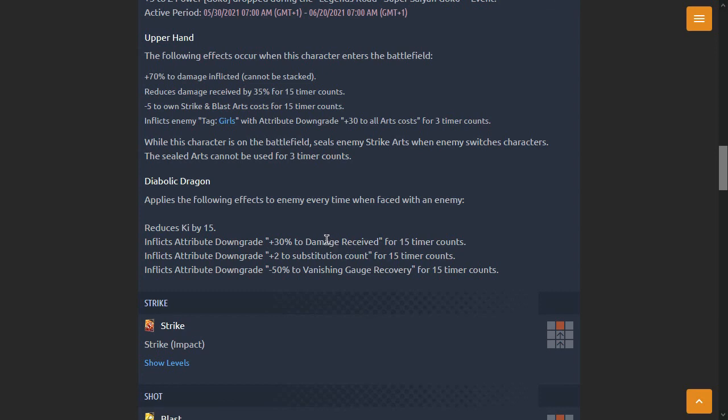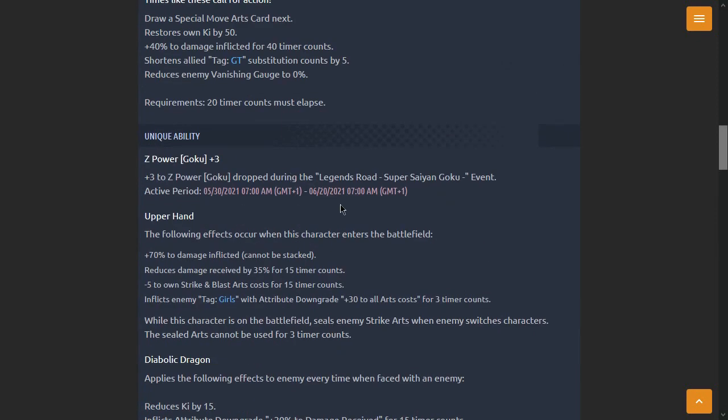Honestly, we're going to do so much damage to them. +2 to sub count, meaning that it's sort of like a lock-in ability, so they're locked in for 2 timer counts. And then 50% to vanishing gauge means that it's literally going to be hard for them to get out of the current situation. So yeah, this guy is going to be very annoying, but it's going to hit hard